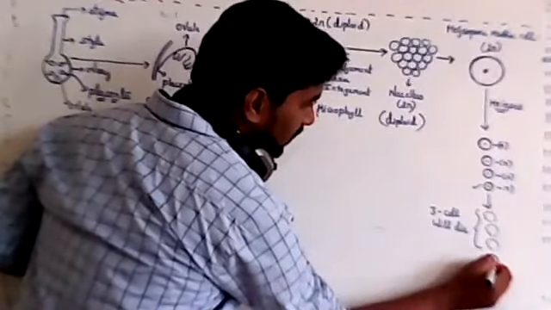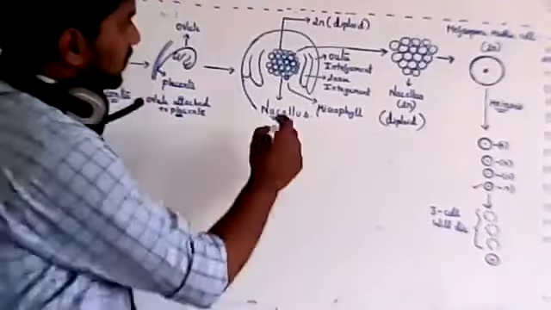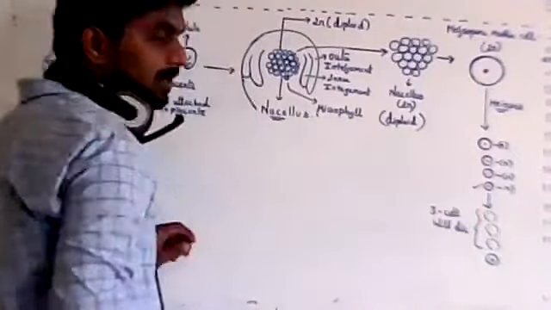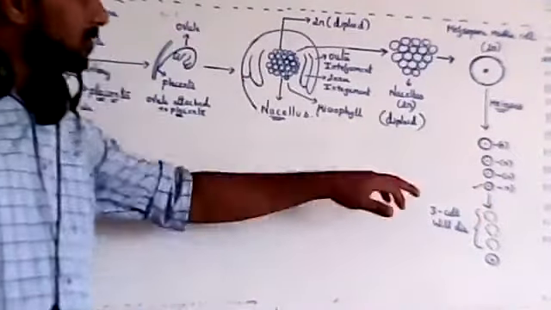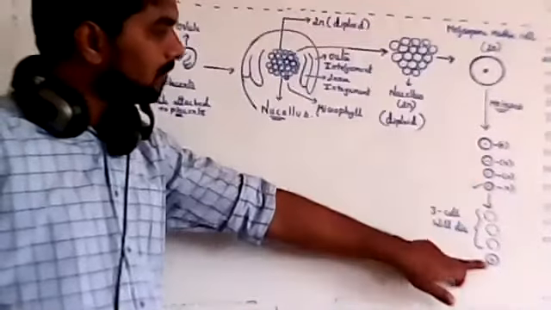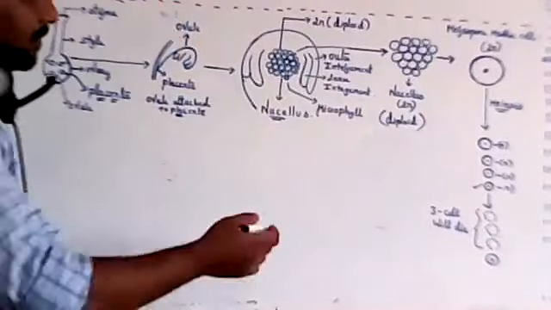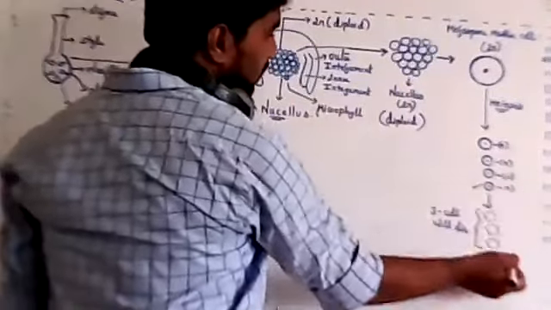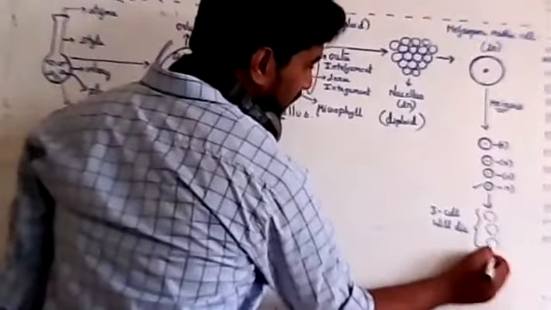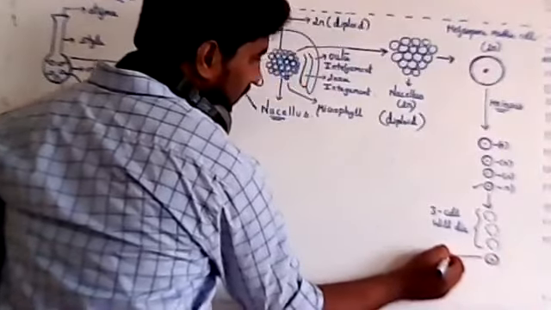There is very little nutrition present inside this nucellus, so all the cells fight among each other for the nutrition, and during that time only one cell will survive and 3 will disintegrate. Now this surviving cell, next is